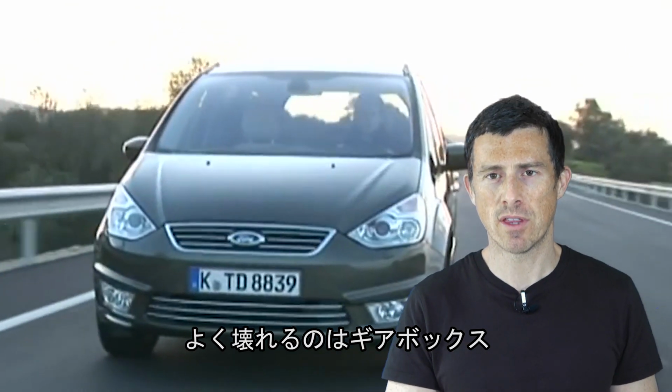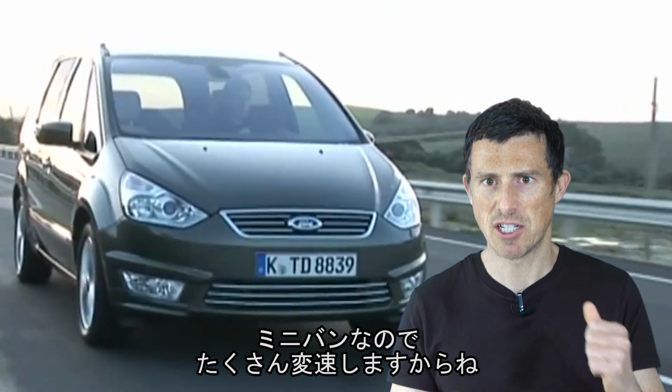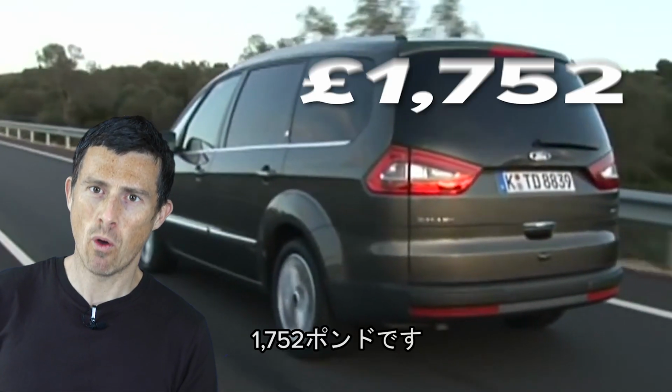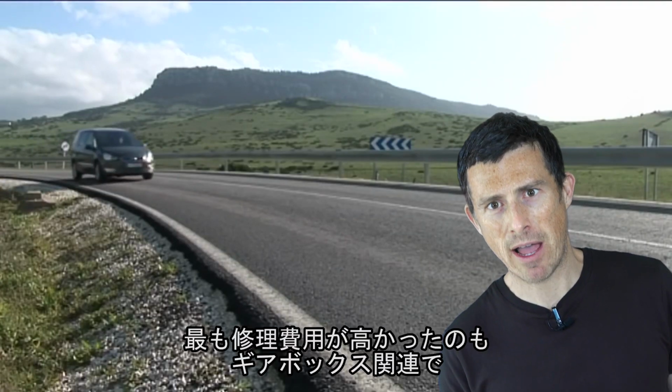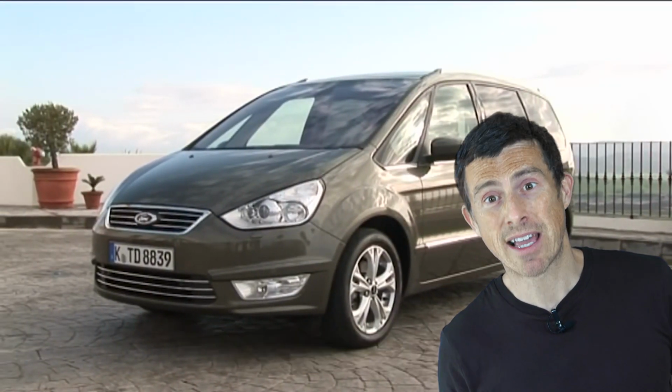At number 12 is the previous generation Ford Galaxie, so models up to 2015. And the most common fault with these is gearbox issues. Probably has something to do with the fact they use as minicab, so changing gear quite a lot. The average cost per claim for a Ford Galaxie was £1,752. But the biggest payout that WarrantyWise had to pay on one of these cars, once again related to gearbox issues, came out to